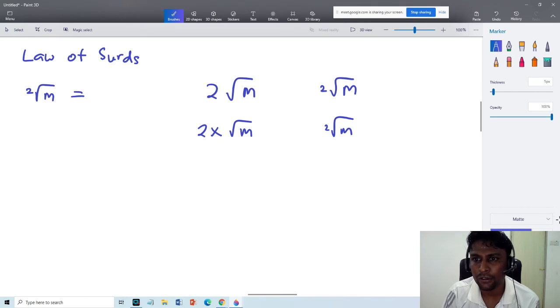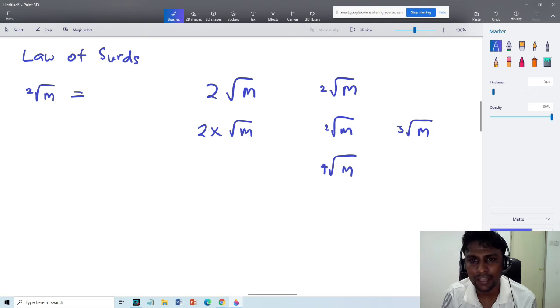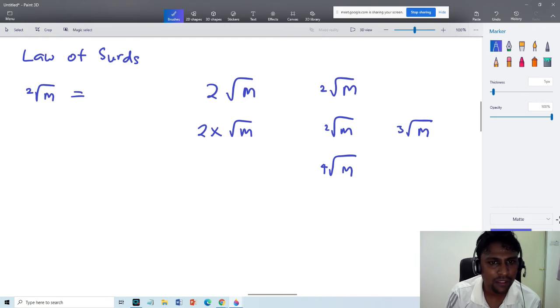It can be the root of 3 also. You put 3, you get the root of 3. You put 4, then it becomes the root of 4. Okay, root square is 2. So root power of 3, root power of 4. But this 2 here is different. It's actually 2 times the square root of m. So you must know how to differentiate these two: 2 times, and then square root. So these are two things you must consider before you go for the law of